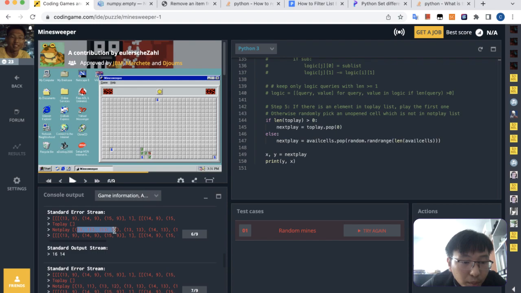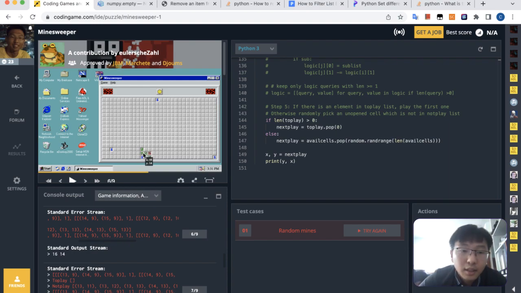Okay, so we have a lot of not play here. Let's see whether it's correct. 13, 11, 13, 12. That's correct because of this two, this five over here. 13, 13, 14, 13, 15, 13. It's five. This two here. Actually, once we have these two as mines already, we should be able to tell all these three as a